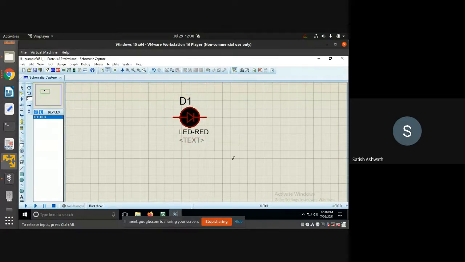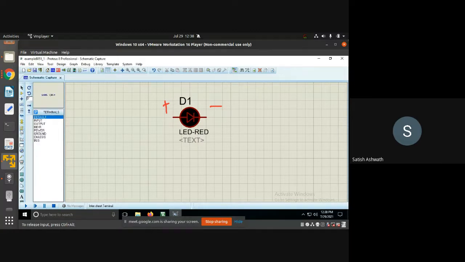Now I will just show how you can connect the power connectors to it. So LED will require a positive here and negative here. Right? That's simple, you need to connect a plus here and a minus here, to turn on the LED without any controller present. For all those power connectors, there is another mode called terminal mode. So first is component mode, what you saw here. Then there's something called terminals mode.